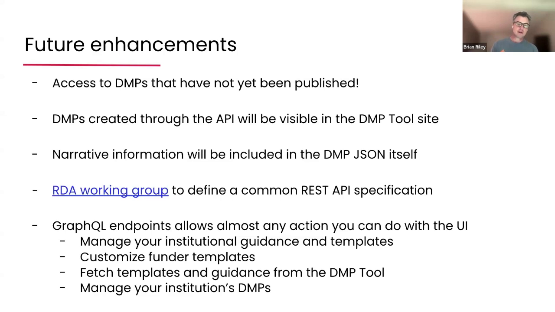And as Maria mentioned, we're currently working on a project with the Research Data Alliance to come up with a REST API specification. So it's going to basically allow you to update anything in the RDA record. So you'll be able to do more nuanced things like update a contributor or add a grant ID, do